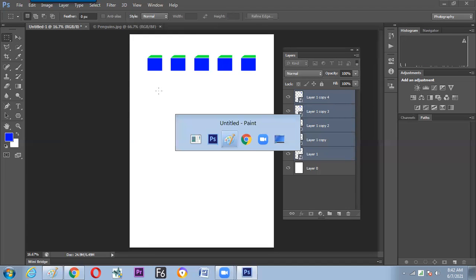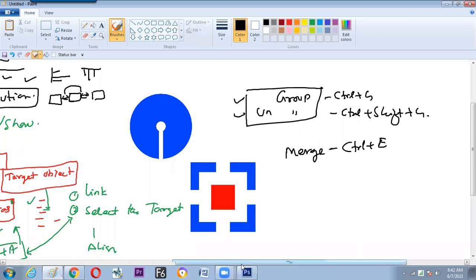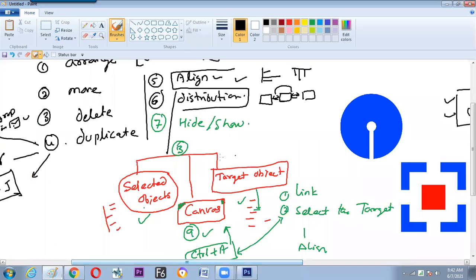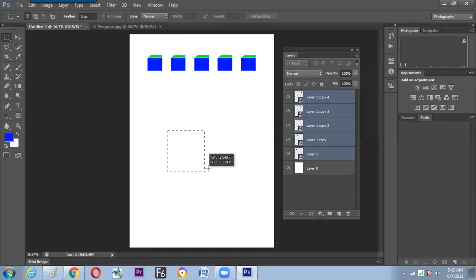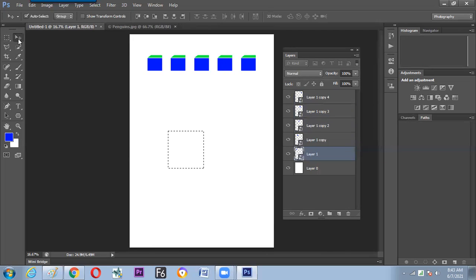Now, we have seen three types of alignment. Again, a selected area, this is what the canvas is, and that also can be done practically here. If you need this box to come to this particular place on the right top corner, select the object, take the move tool, and align it to the top and center.